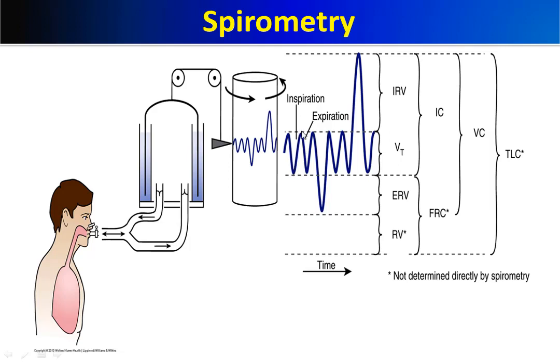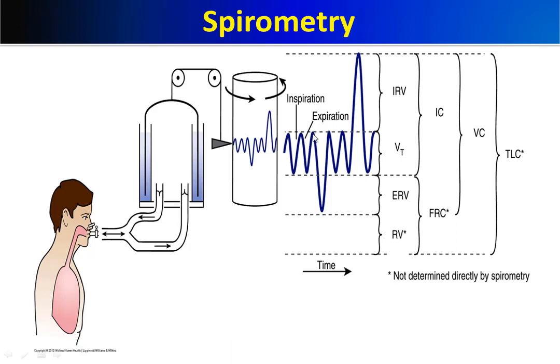So this is the position at the end of normal resting eupneic inspiration at sea level. Then this is expiration. So this is the position at the end of normal resting eupneic expiration at sea level. Then another inspiration. This is the position at the end of normal resting inspiration at sea level.